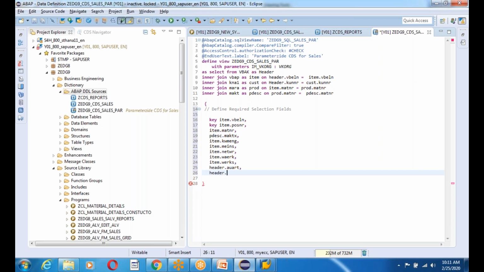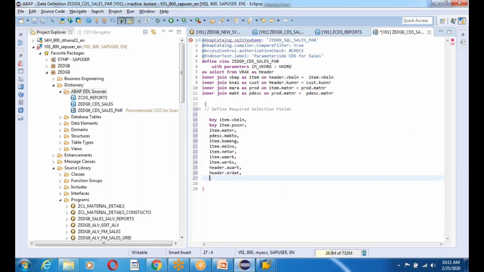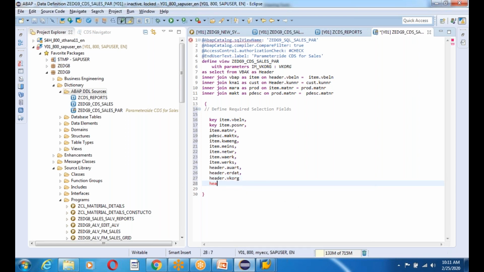And what is the ordering date? So I think ERDAT. And also I need the sales organization, and header VTWEG, and also header SPART, and header